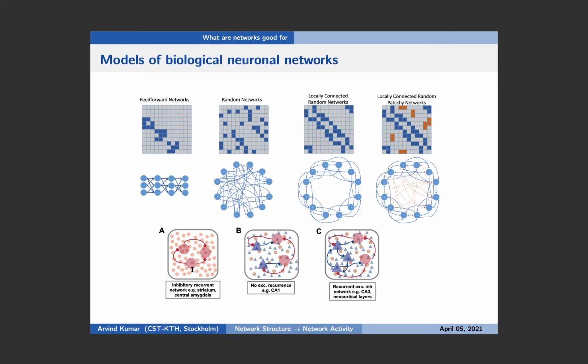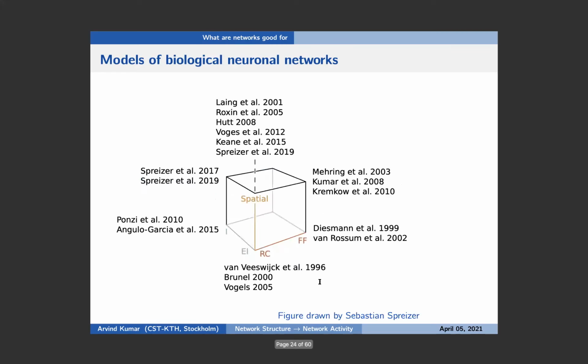When we are thinking of network dynamics, we also need to consider what the network is composed of, whether it has only inhibitory neurons, for instance, in the striatum or in some parts of the amygdala, or is it like the neocortex, where there are both E and I type of neurons and they are mutually coupled. And in between, we have the CA1 type of networks where there are both E and I type of neurons, but E and E neurons don't really make connections. These kinds of networks have been studied a lot in the last 2 decades or so in various forms. So this talk is not really a review of this, but definitely my ideas have been inspired by all these investigations.